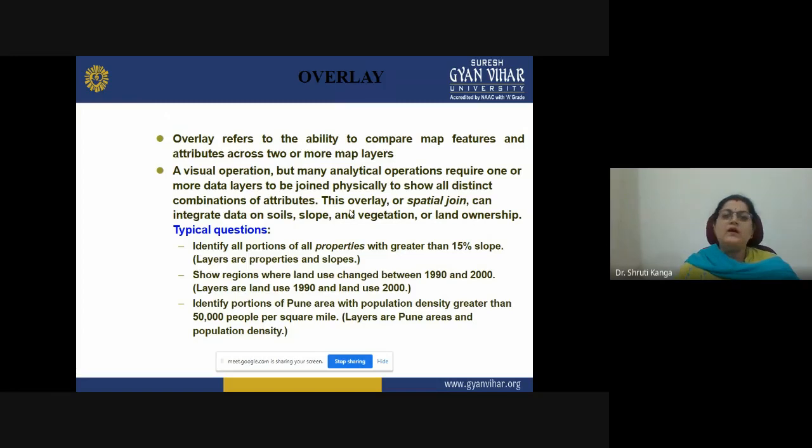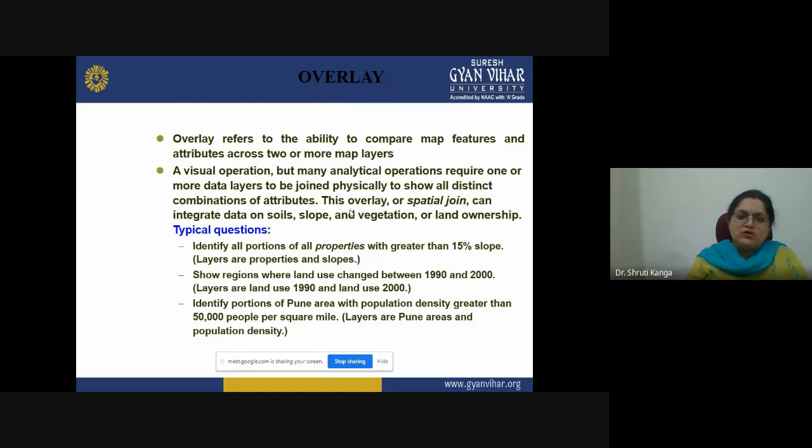Then we have overlay, which refers to the ability to compare map features and attributes across two or more map layers. It can be seen as a visual operation, but many analytical operations require one or more data layers to be joined physically or shown in distinct combinations, where we have the union, the intersect, and different operations related to overlay analysis.